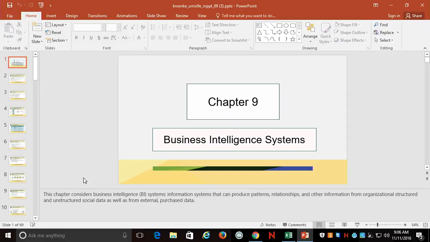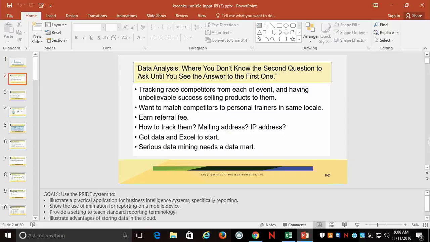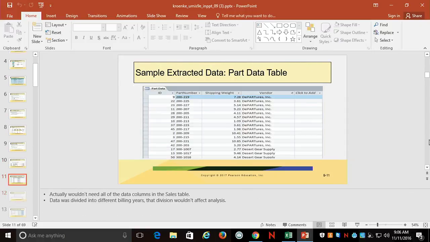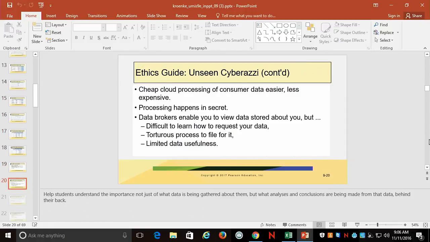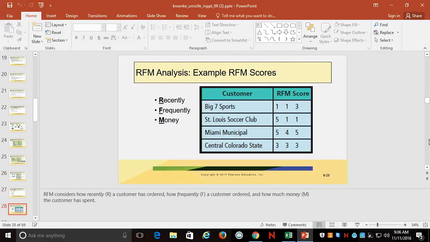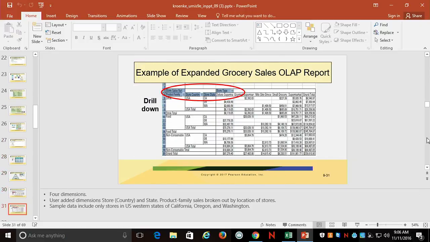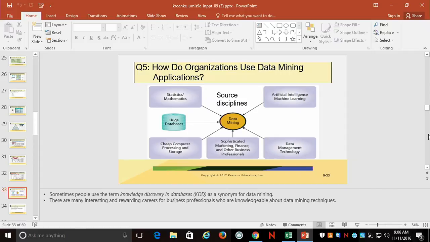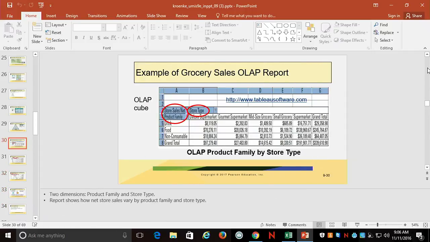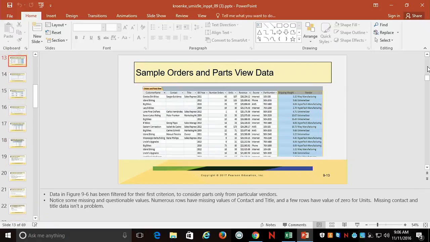And there is a lot of good terminology in here that we used, and we're going to go a little bit further. So we talked about reporting tools. We talked about OLAP cubes. We talked about RFM analysis, which was a cool thing. We talked about drill down. If we go back to this first slide,